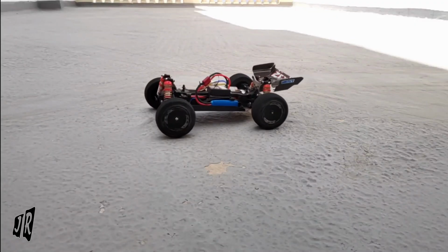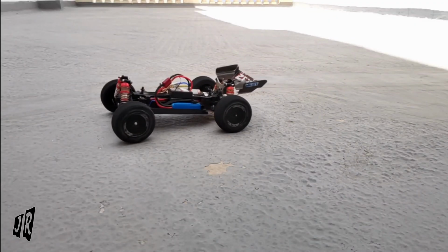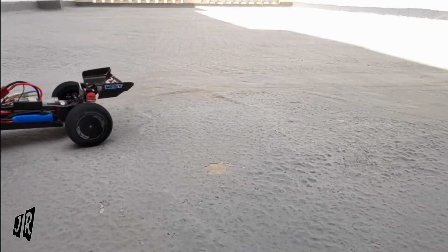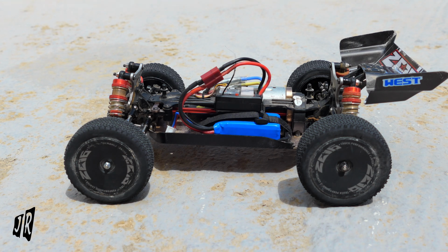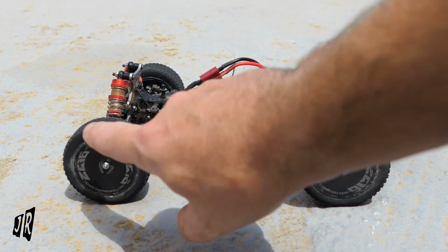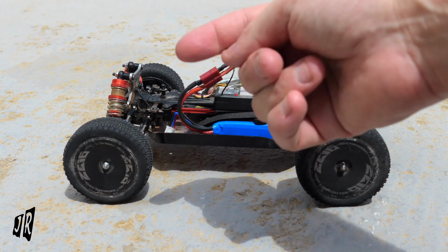Hello everybody and welcome back. Well, I'm up on the roof again, and as you see by the slow motion, it's definitely a lot better. So yes, you can repair your broken differential with 4 washers. On the slow motion, you'll notice that this wheel is actually driving the car forward, where on the video 2 days ago,